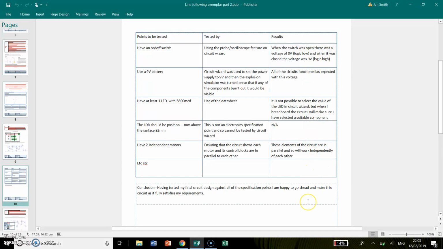And please remember, the main thing they want to know is what you need is your voltage signal out of block A, and what you need for your voltage signal into block B, and how does block A control the block B, block C, block D, and so on. You then need a short conclusion. Hopefully you'll just say, yay, everything's working, I'm going ahead with this, and then you move on to your